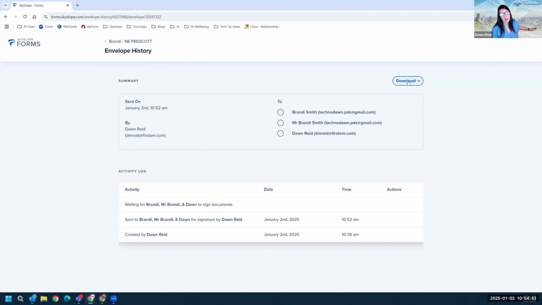Download a copy of them. You are not required to put them in your transaction file in Skyslope, but